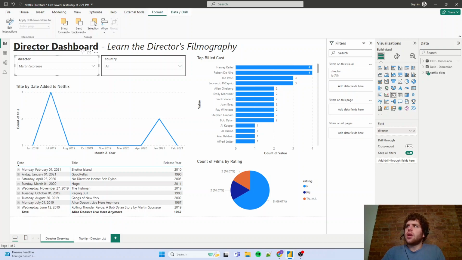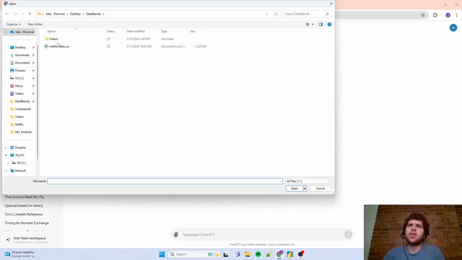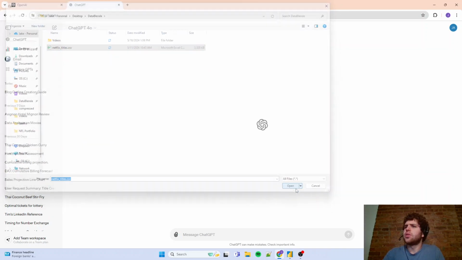But I want to demonstrate how we could do that in OpenAI and the differences that exist between the analysis that you get. So let's say we have a data set, and we're going to use the same data set